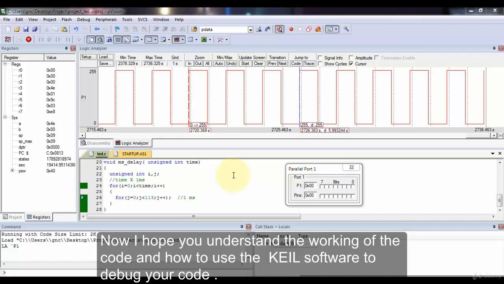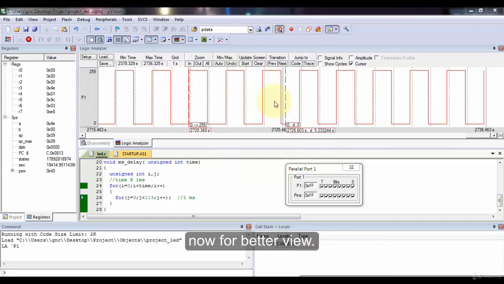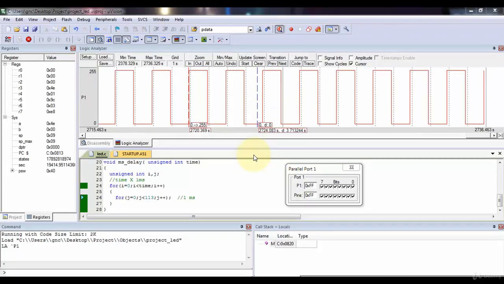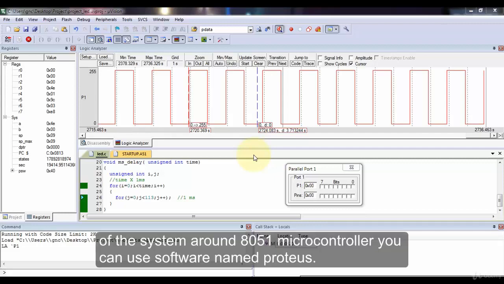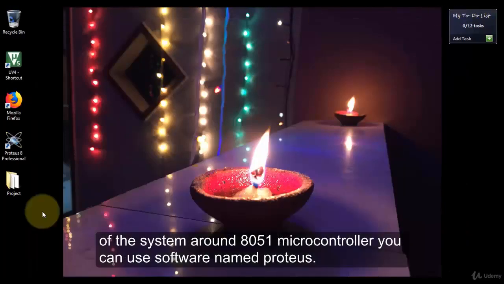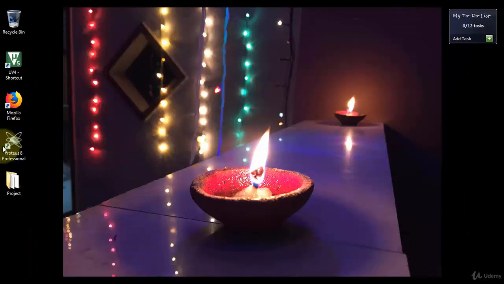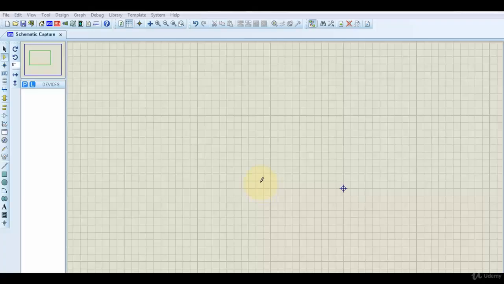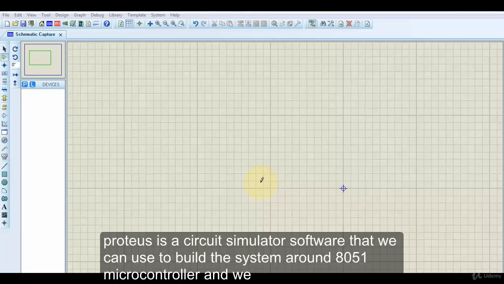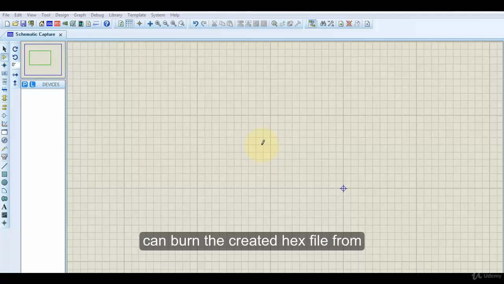Now I hope you understand the working of the code and how to use the software to debug your code. Now for a better view of the system around the 8051 microcontroller, you can use the software named Proteus. Proteus is a circuit simulator software that we can use to build the system around the 8051 microcontroller, and we can dump the created hex file from our previous project to this software.